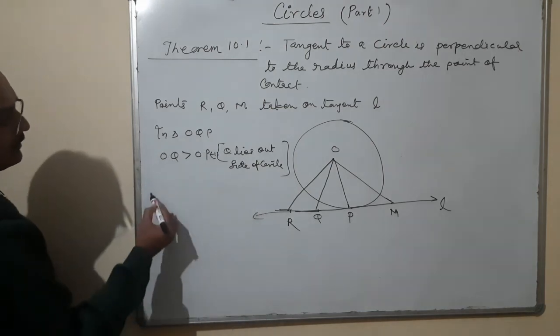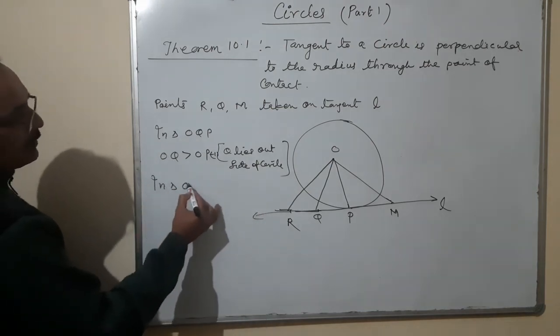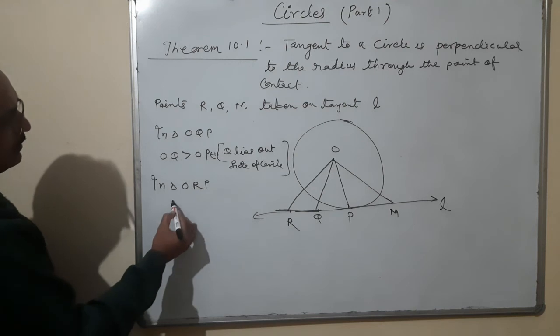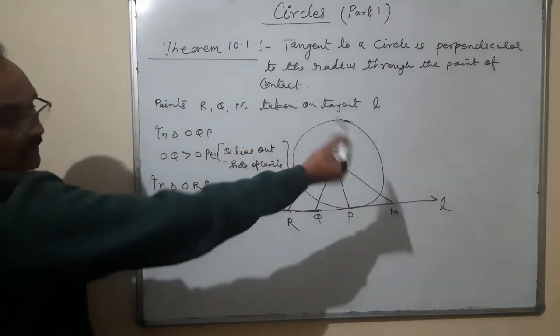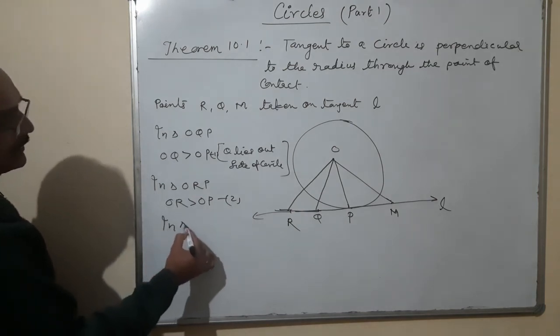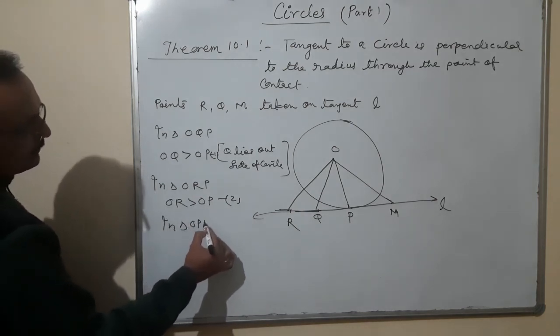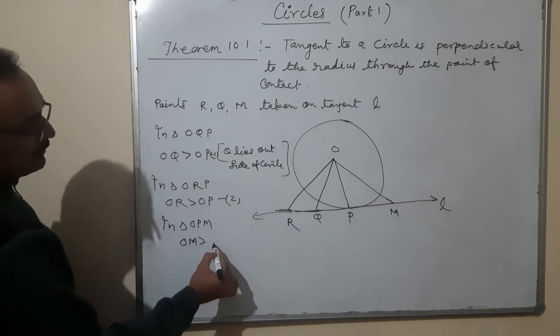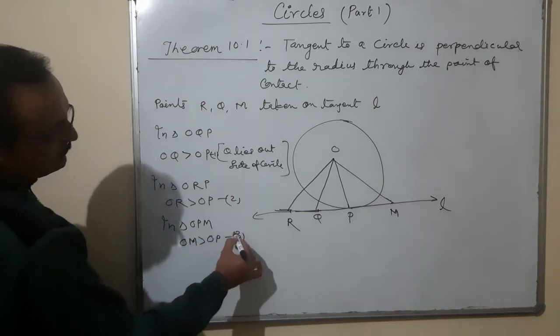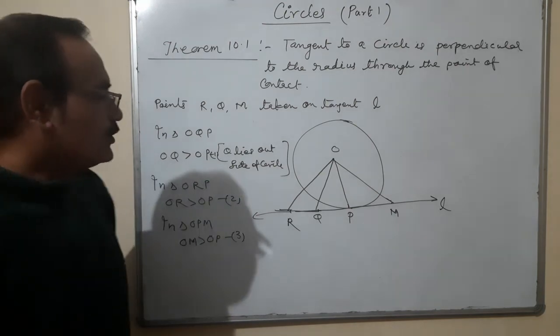Same as in triangle ORP, OR is greater than OP. On the other side, in triangle OPM, OM is greater than OP. By equations 1, 2, 3, we analyze